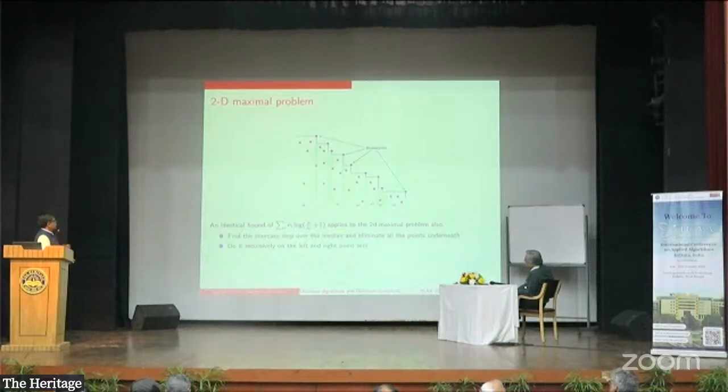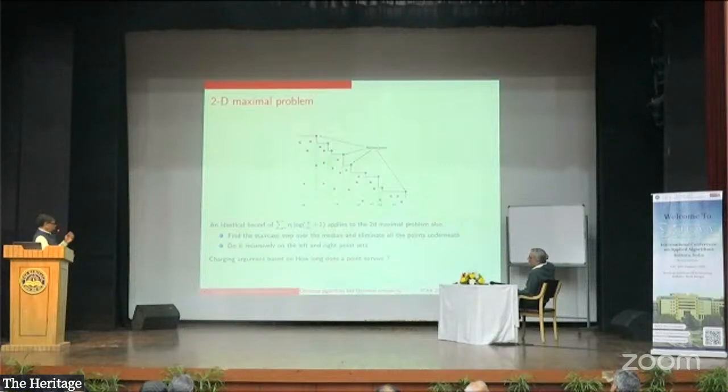Just like a very short description of the algorithm, what you do is you just find the median, divide the points into two sets, find this staircase, okay, and recurse on both sides. That's how we get this potential. And what happens, the analysis is simply